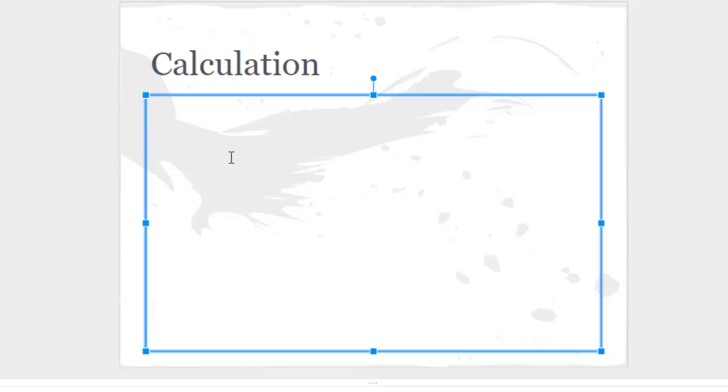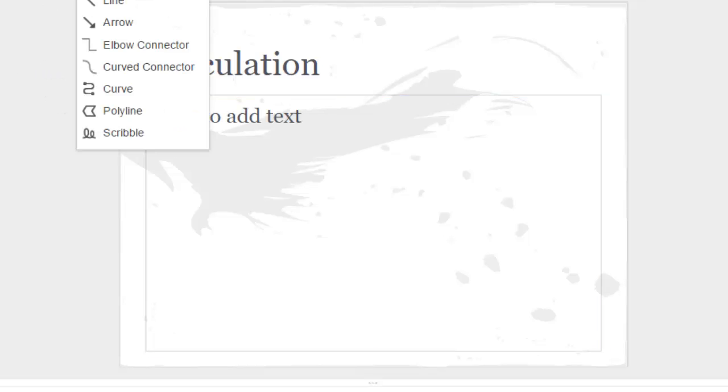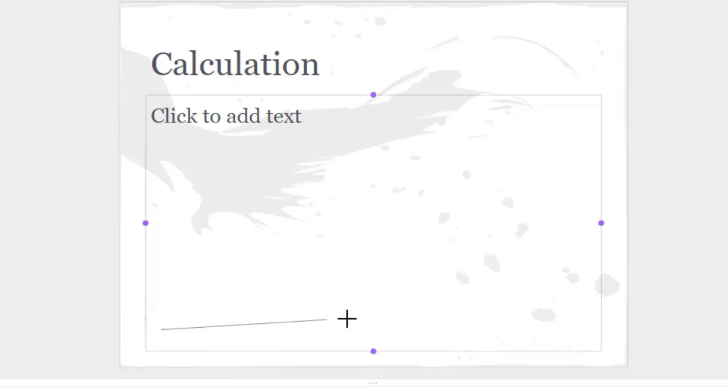Okay, so to calculate, let me explain how the whole picture looks, so that you understand. You can see from the line here, I'll put in text.